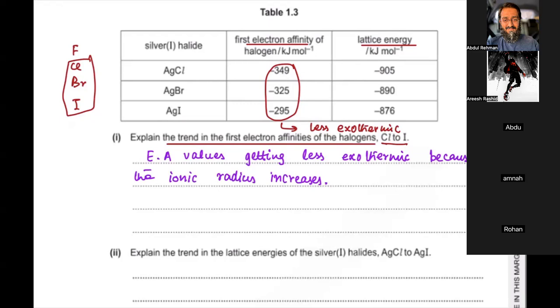And why does the ionic radius increase? Yes, number of shells, very good, Shazil. So it means there is an increased shielding effect. Ionic radius increases, shielding increases, right? Hence, nuclear attraction